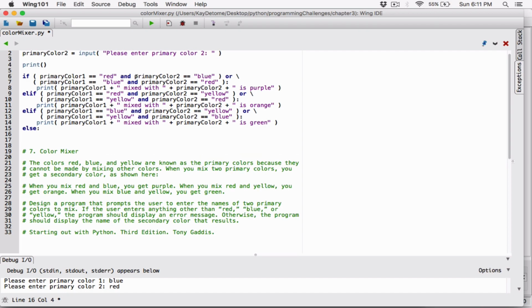Else meaning that if what the user typed is none of these combinations. If the user typed in red and let's say black, because we don't have any code that's handling that. If what the user typed is none of these combinations, then go ahead and print a message. And I can go ahead and just copy this. I have it copied actually, but I'll go ahead and copy this and paste it. In that case, print and say